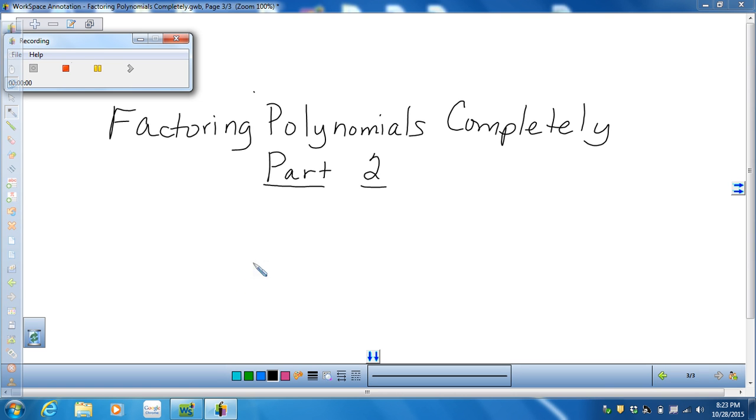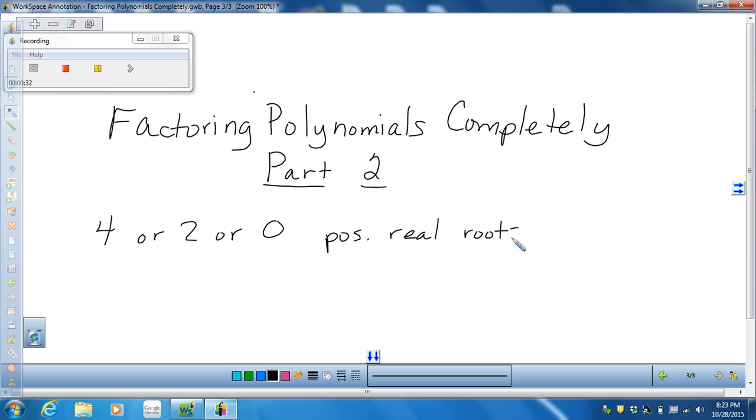Alright, welcome back. We are now on part 2 of factoring polynomials completely. On part 1, we looked at the rational root theorem to figure out all of our possible rational roots. We also looked at Descartes' rule of signs, and we determined that we had 4 or 2 or 0 positive real roots that we were looking for. We also determined that we had 1 negative real root that we were looking for, which means we probably also